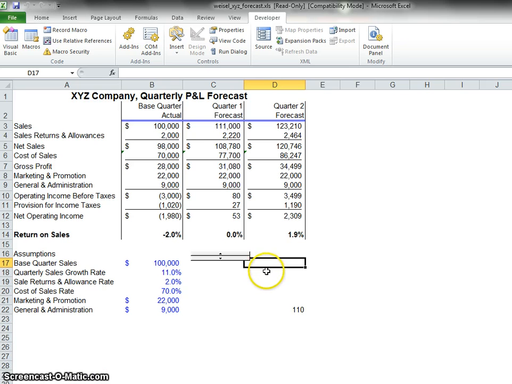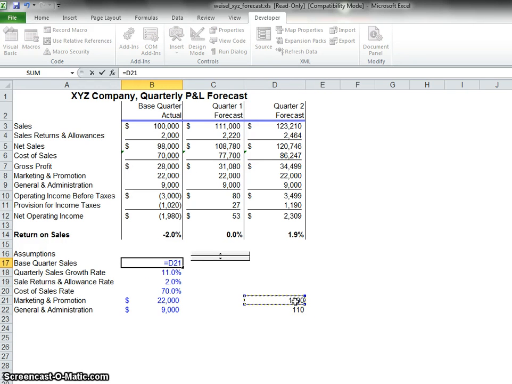The next method we are gonna introduce is the scroll bar, and by doing this, we go to the D cell 21 first, and then we enter the number 1000 here. And right now we want to go to the B17 here, base quarter cell, and we type equal, and we click D21 and we divide. Here we enter the 100 here, we enter,